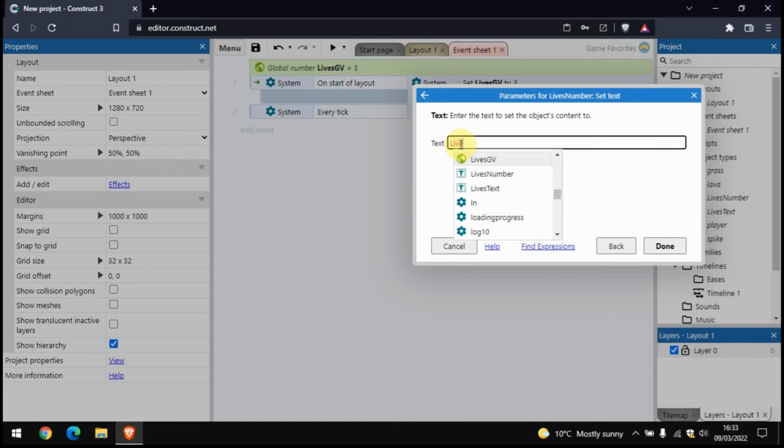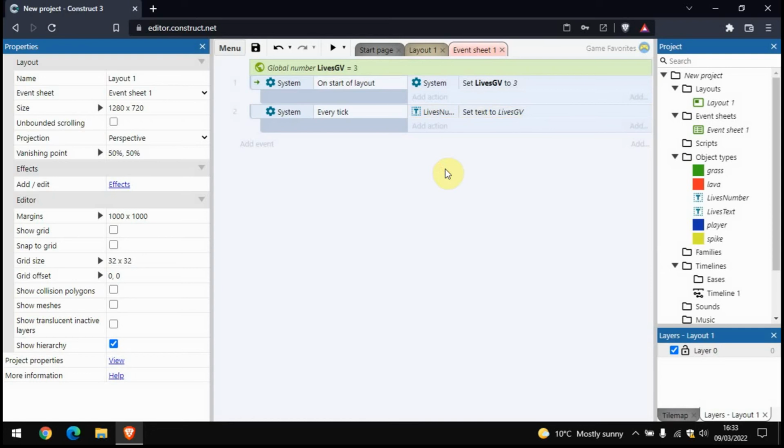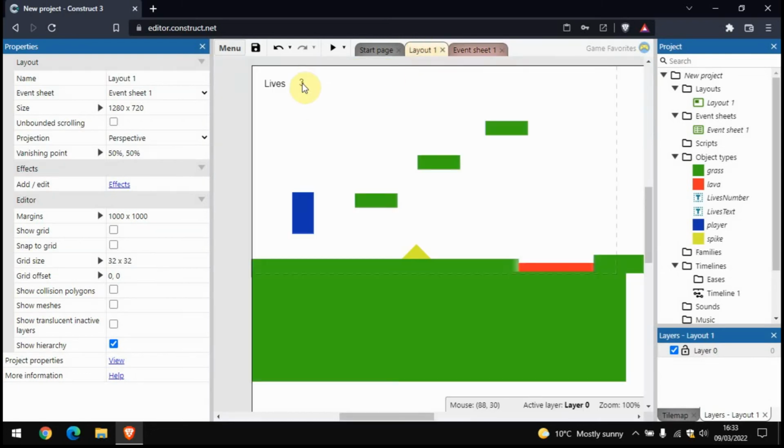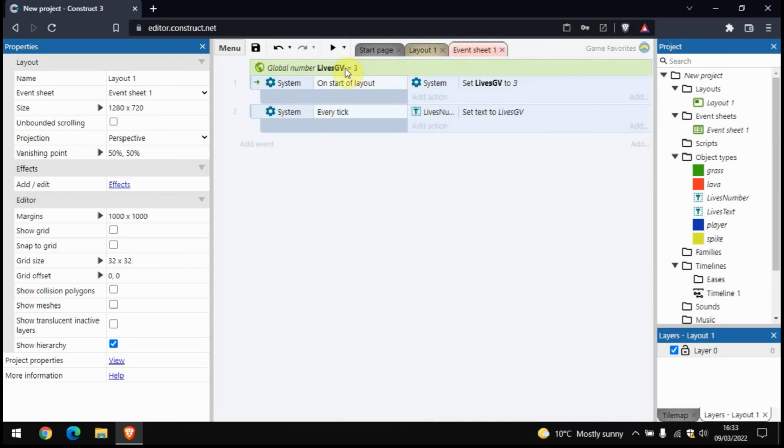We want to set it to the global variable, so you can click onto this list or type it out, it's up to you. I'm just going to double click and click on done. So this will set this text to the global variable here,